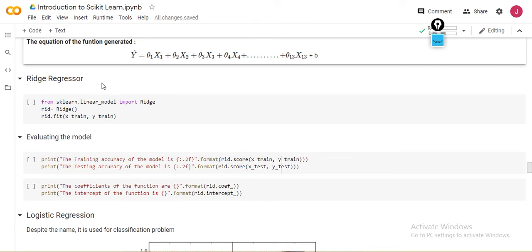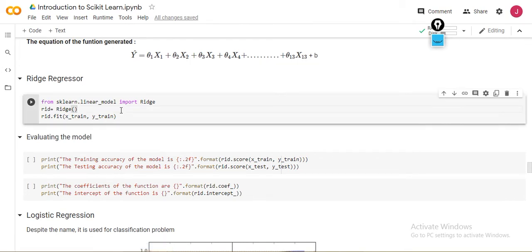If you want to use another regression model, you can use ridge regression. What ridge regression does is it adds an L2 regularization effect. So what do I mean by L2 regularization effect? It means that you add a small amount of bias to get a drop in variance. And what do I mean by that? It means,